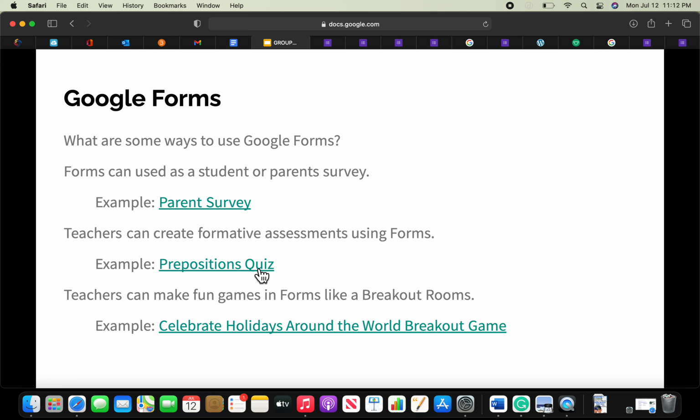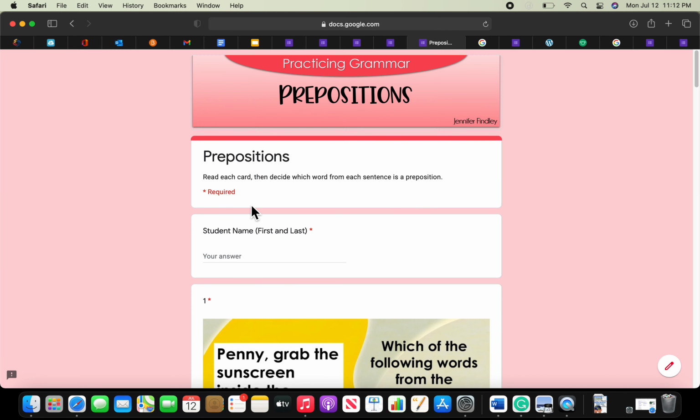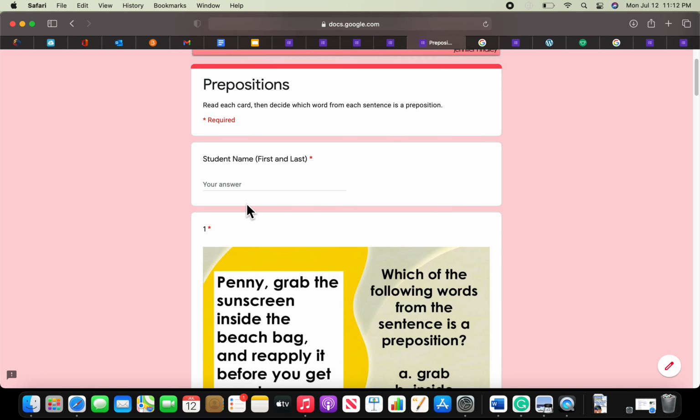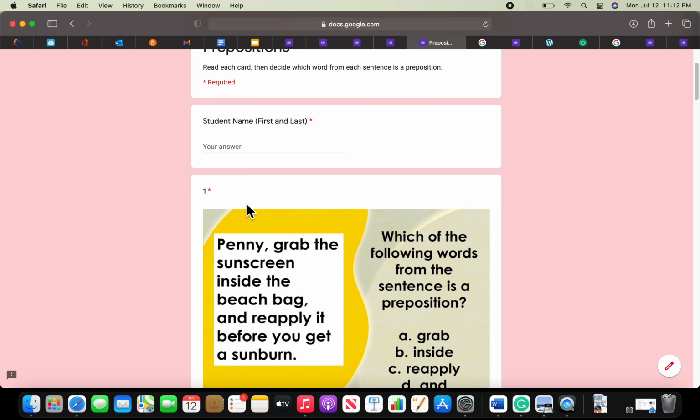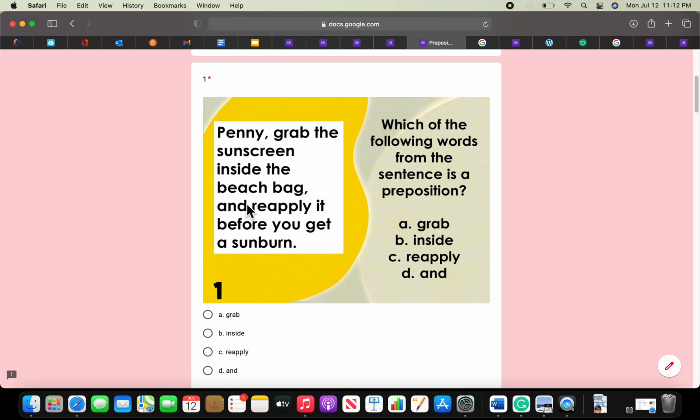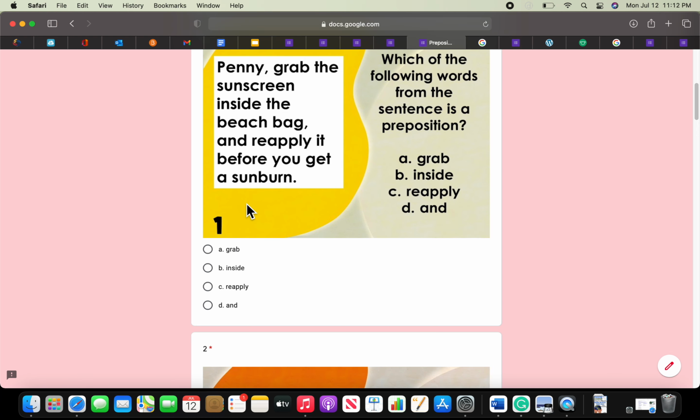In between times, I can give a little ticket out the door each day. I can do little hot seat games. But I use Google Forms because it does two things for me. And this is an example of a prepositions quiz that I got off of Teachers Pay Teachers, which I love and my students find very easy to use. Of course, the students put their names in. I can insert the picture with the question and the answers available, and then I just go down below it,